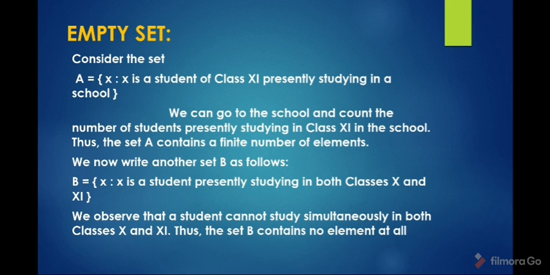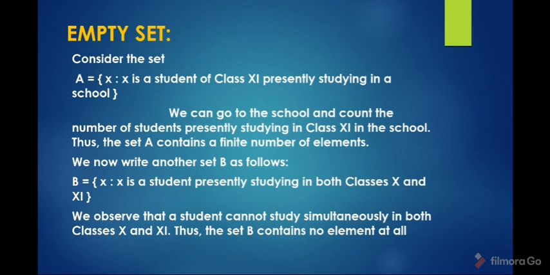Suppose there is a situation, consider a set A. A is the collection of all the students of class 11 presently studying in school. Now what are the elements of this set? The elements are all the students of class 11 presently studying in the school. So you can go to the school and count the number of students presently studying in class 11. Thus the set A contains a finite number of elements. There will be some students from class 11 which will be the elements of